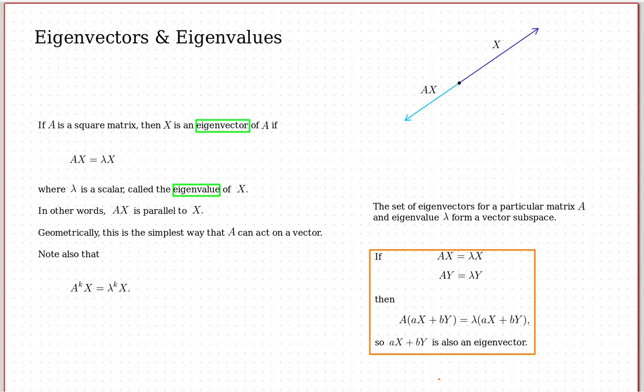Hi folks, this is a brief review of eigenvectors and eigenvalues from linear algebra. I think that's part of the prerequisites, so theoretically you're supposed to have seen this, but it never hurts to review it briefly. So the context we're working in is linear algebra, where we're working in a vector space, a